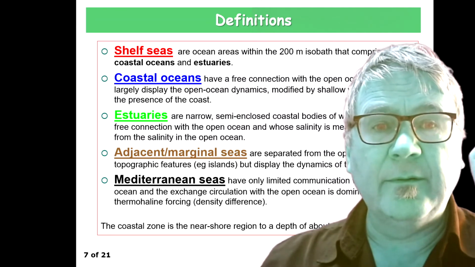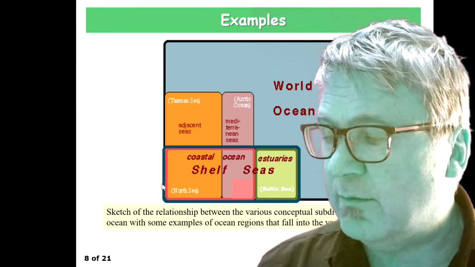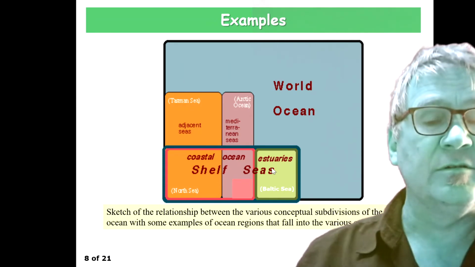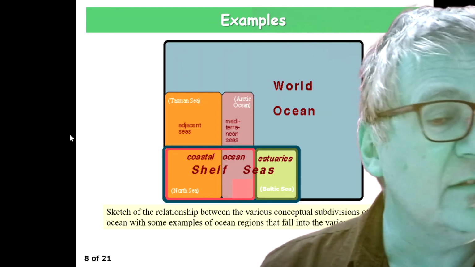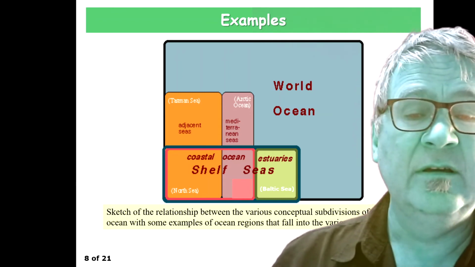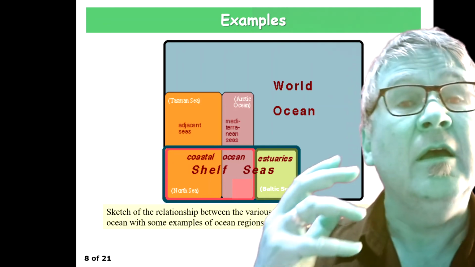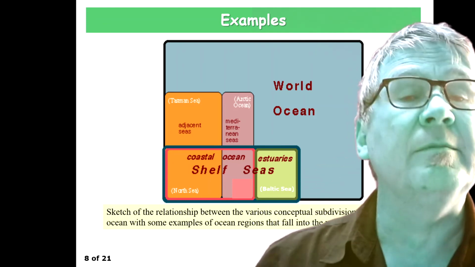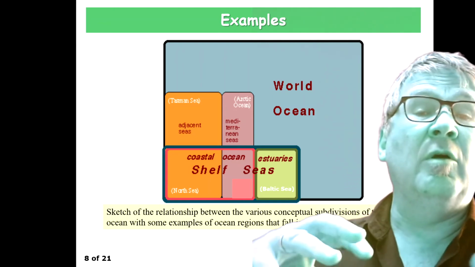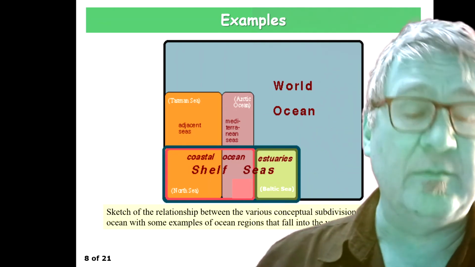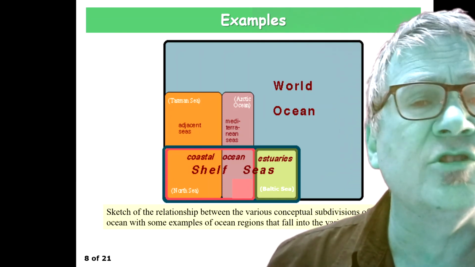All right, good. It is important to learn these definitions, and I think there's a little bit more here. Definition examples. Here are just examples of what we call adjacent seas, Mediterranean seas, coastal ocean, and estuaries. You already learned about the Baltic Sea. The Baltic Sea is an example of a positive estuary. We also learned a little bit about the North Sea, which belongs to the coastal ocean. Another example of coastal ocean is the Great